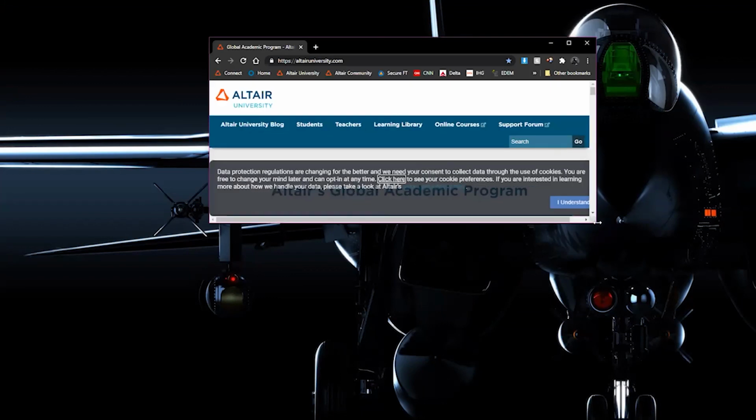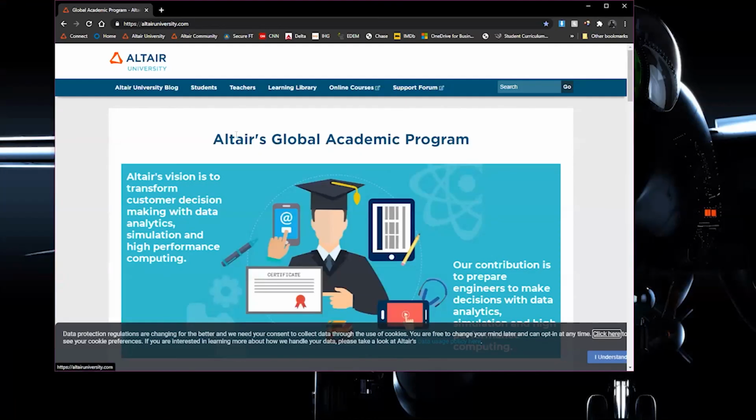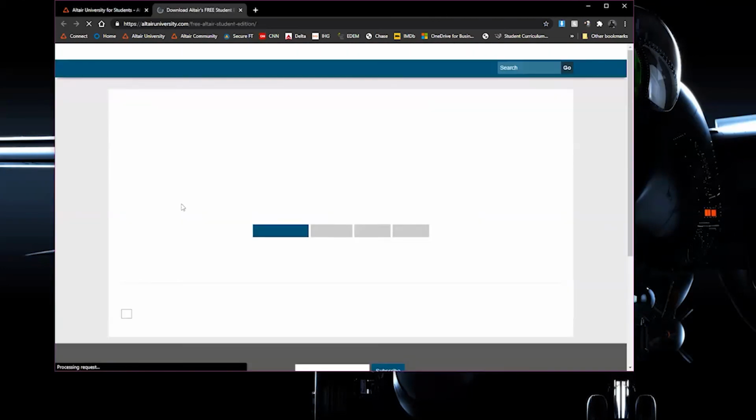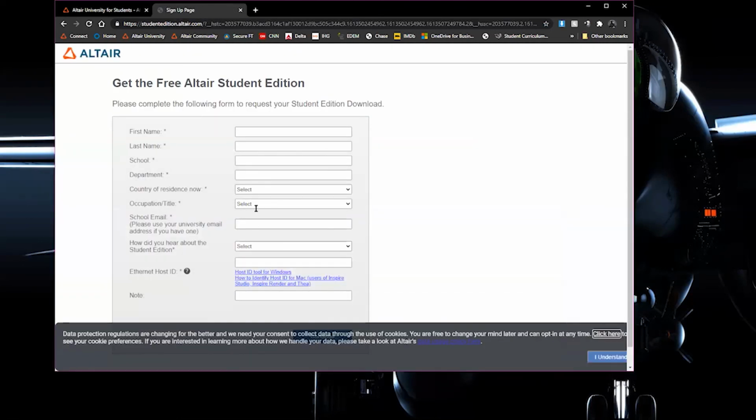If you want to get the software, a couple of different routes you can take. If you come to altairuniversity.com, you go to students and you select free student edition. You can put in a request for a student edition, a very simple little form to fill out: name, the school, what department you're in, your country, whether you're a student, professor, advisor, researcher, whatever,